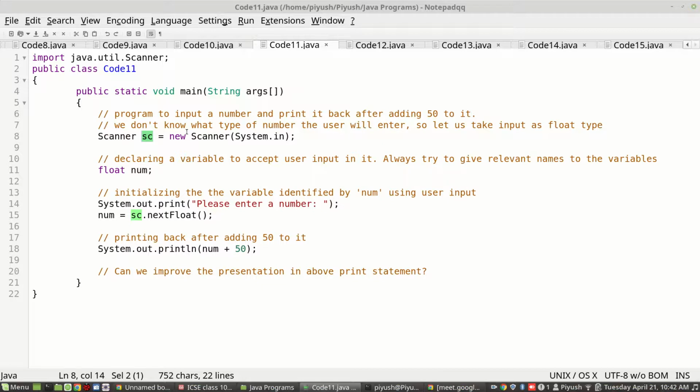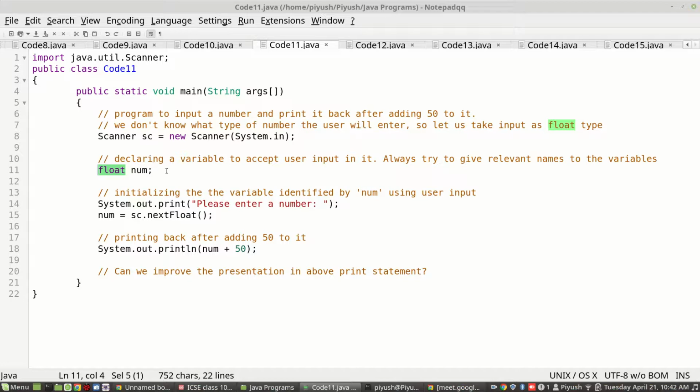In this program, we need to ask for one number from the user, because the program does not say what type of number. We will always try to make our program general, so we will allow the person to write any type of number, even decimal numbers. Therefore we are going to declare it as float type. We could have used double also, but like we discussed, it would have consumed more memory. So we are going to use float here.